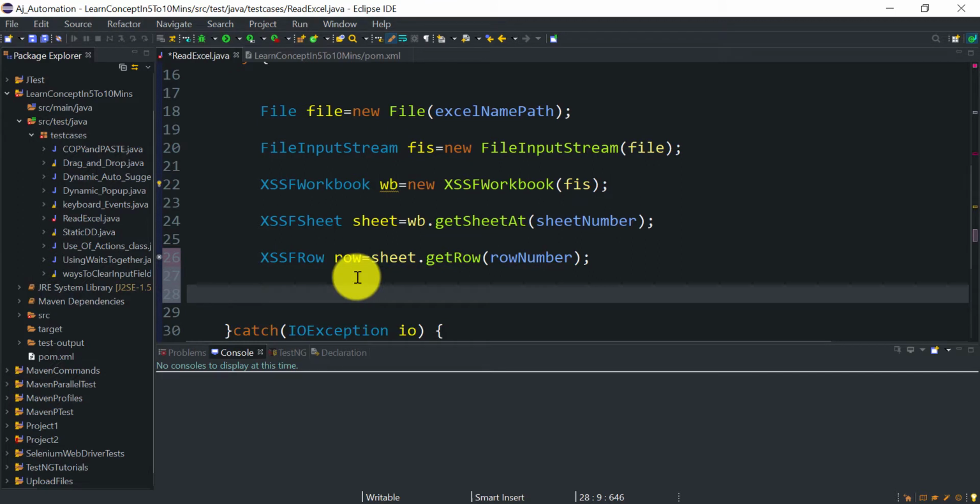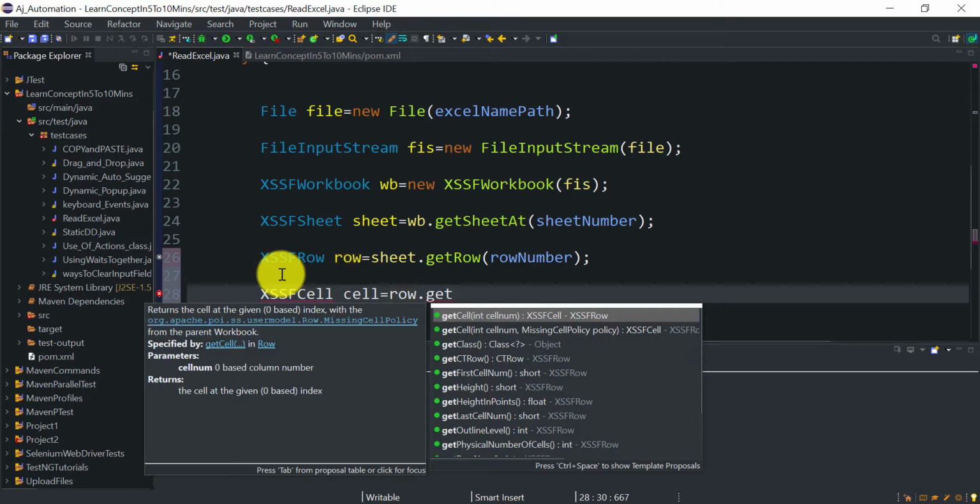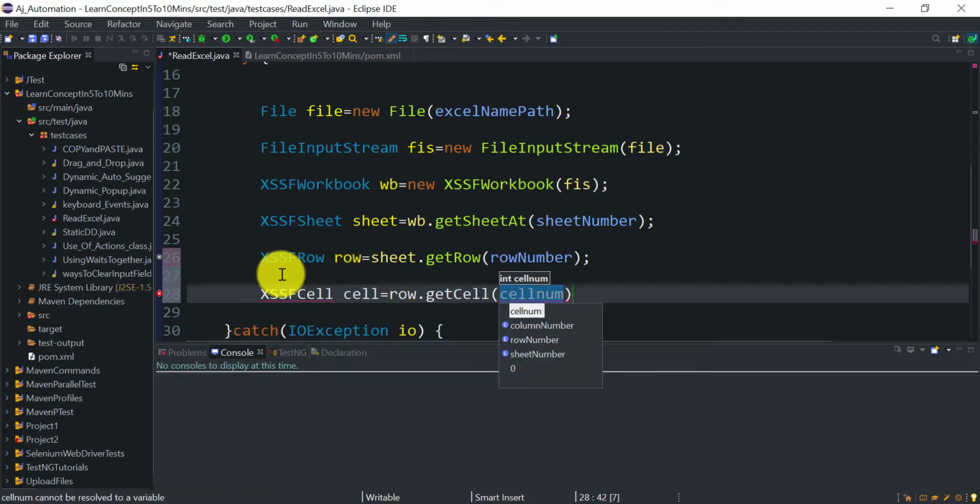So import it. Now depending upon this row we will get our cell. In the same fashion we need to create an object of XSSFCell here, and that cell you want to get from this row. So row.getCell, and what cell number do I want to read? This column number.